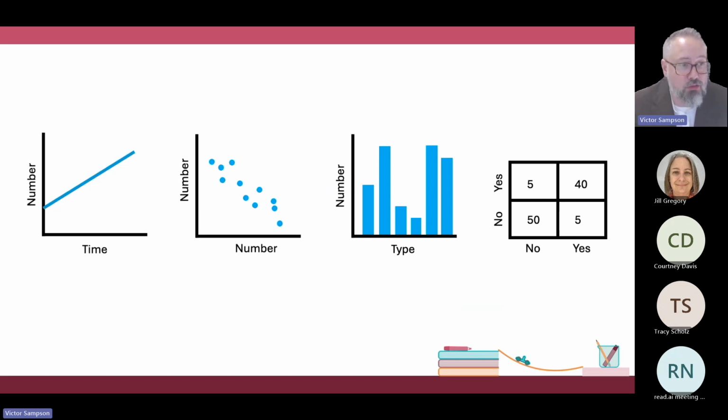So if you think about something changing or increasing in number over time, that could tell you that's a pattern that you can look for, or how a number of one thing is related to a number of another thing, right? And these relationships can have different kinds of positive or negative or no relationship together. We could also think there's types of things and the numbers of those, and the numbers of different types often form patterns, and then we can use that to help explain.